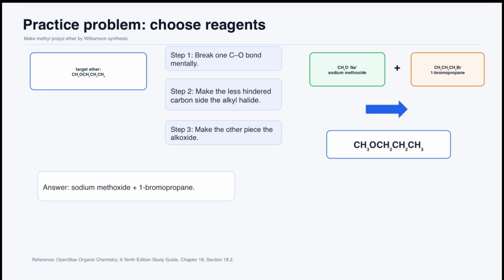To summarize, Williamson ether synthesis uses an alkoxide plus a primary